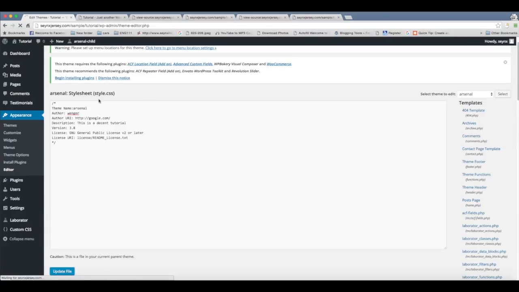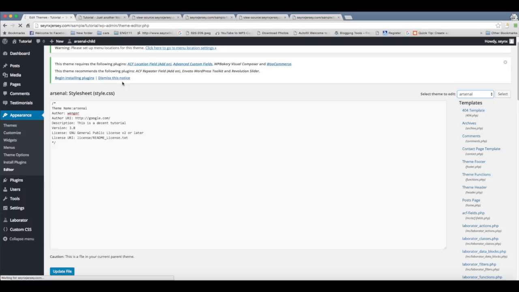Mind you, keep it in mind that whatever changes you make, if you make a change to a theme name right here, you have to do the same in your child theme as well. Because if you change it here, it's going to break your child theme. Likewise, you're doing it in the child theme as well. So whatever change you do to the theme name, don't worry about the rest, but the theme name is really, really, really important. So whatever you do to the theme name, you have to do it to the child theme. If you change the theme name in the child theme, you have to do it to the main